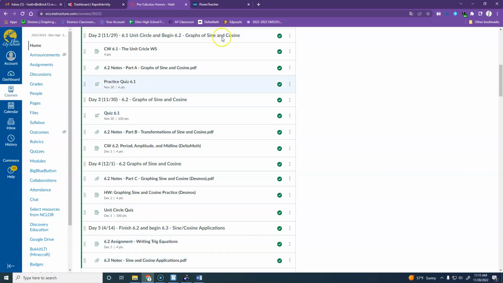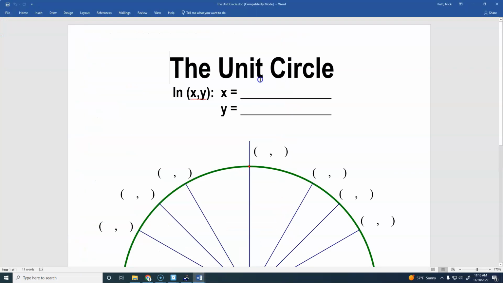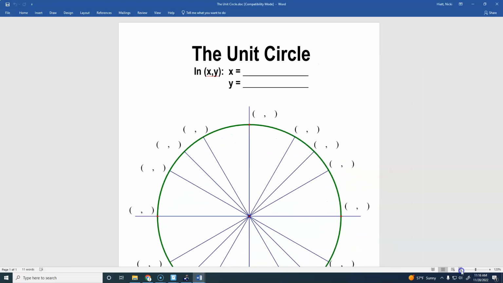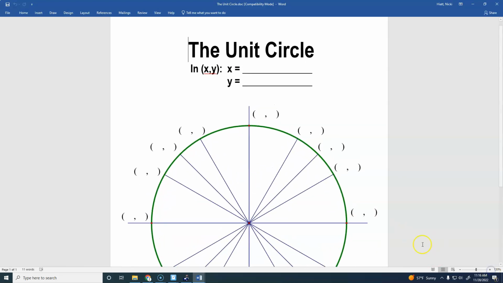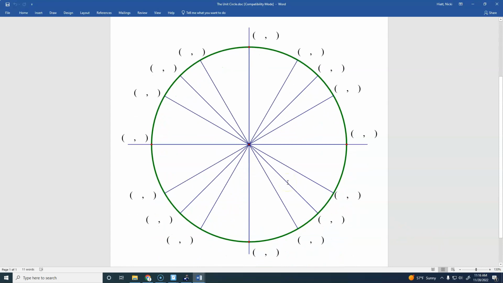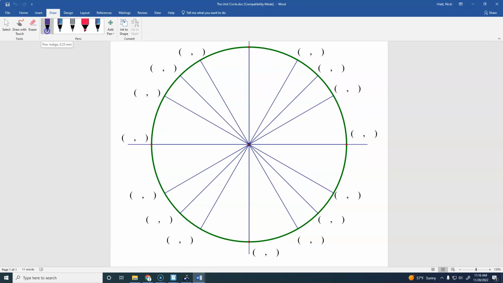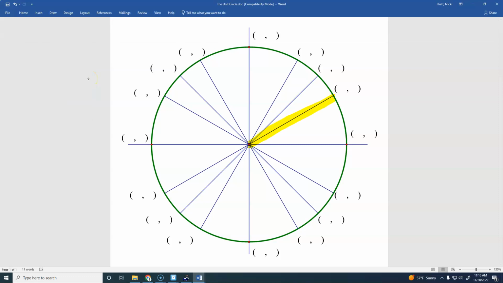Okay? All right. So let's look at the unit circle. There are lots of ways you can look at filling this in, but I'm going to try to help you the way that makes sense to me, that hopefully will also help you. Let's start with degrees because I think those are a little bit easier. So, this angle measure right here is 30 degrees. And I should put here first, this is 0